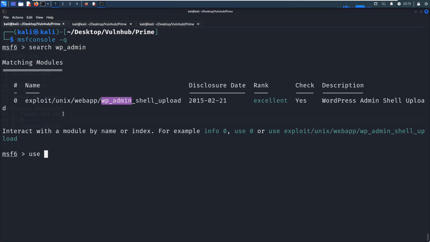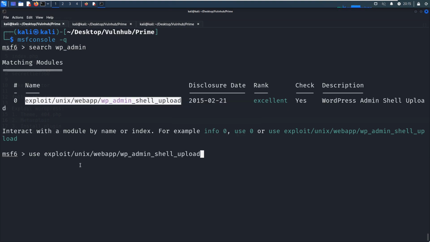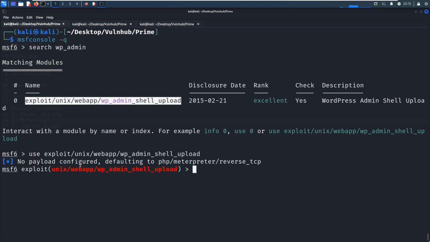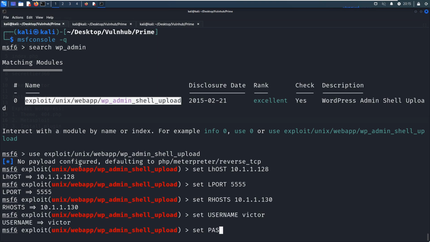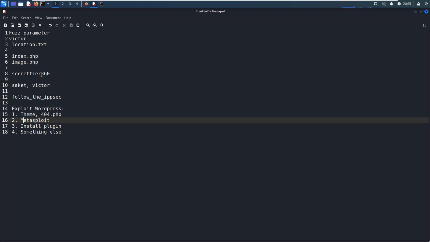And then we can use this module to upload the web shell to the target, and we can set the local host to our Kali Linux, set the local port number to 555, and also set the remote host to our target, set the username to Victor, and set the password, we can copy from here. Yeah, this should be the password.